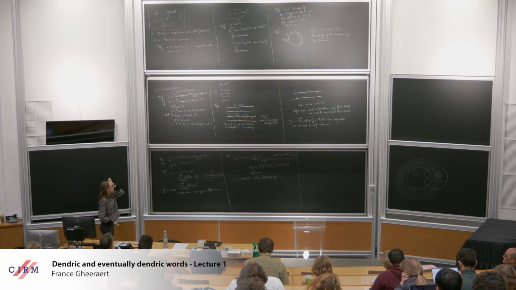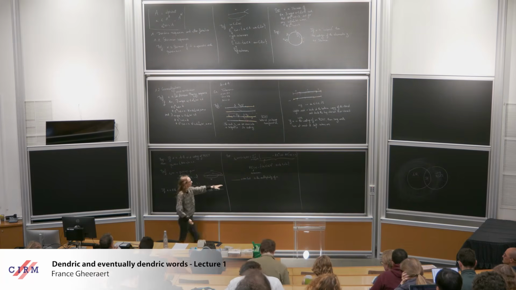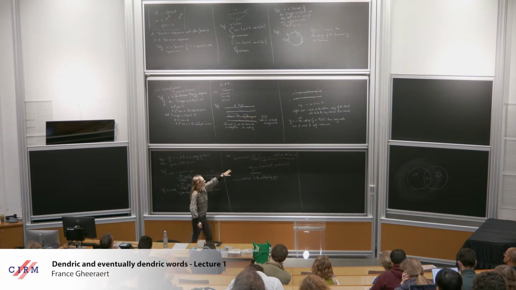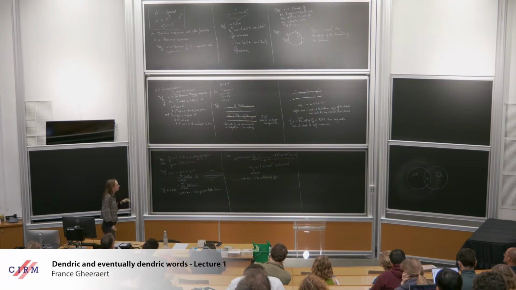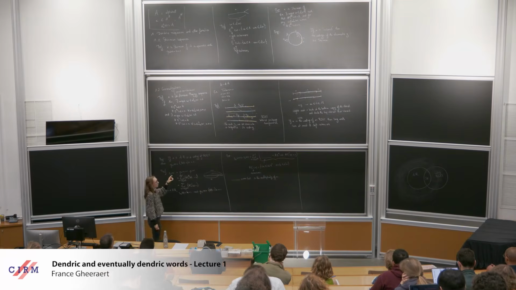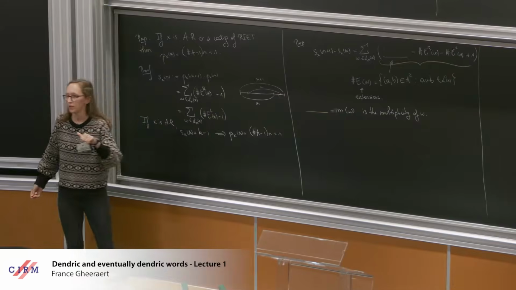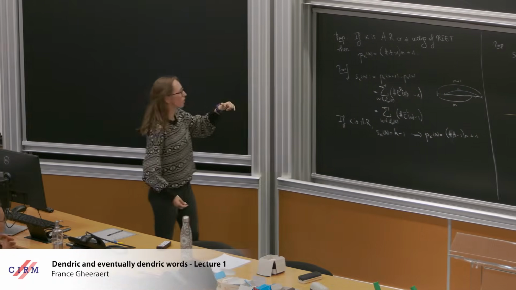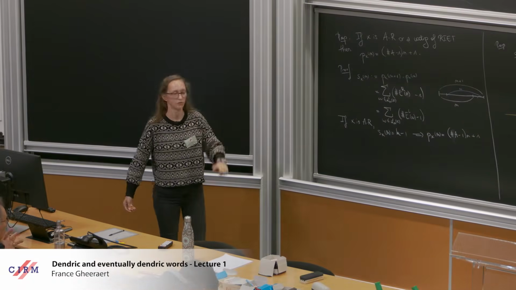And the idea is that, well, if you know the multiplicity of all of your words, then you know what is the second difference of complexity. So in some sense, you know the second derivative. And you can recover the complexity by knowing that the complexity at 0 is 1, at 1 it's the number of letters.